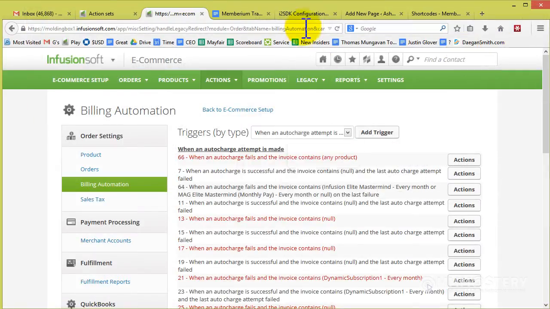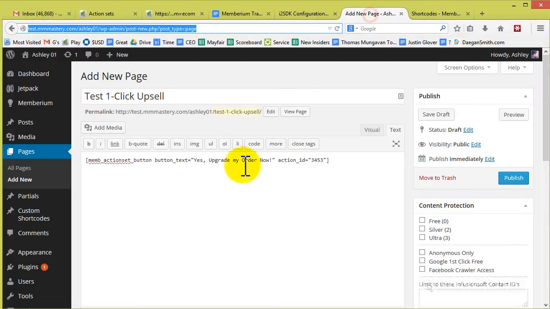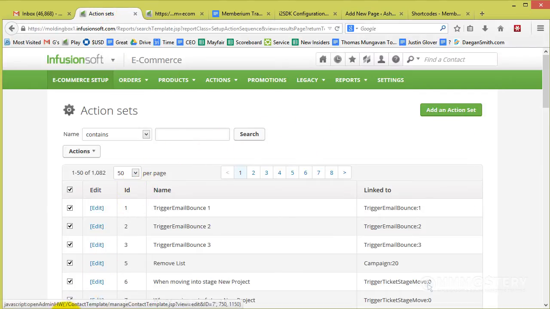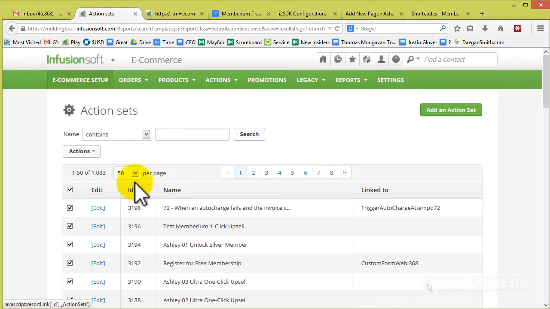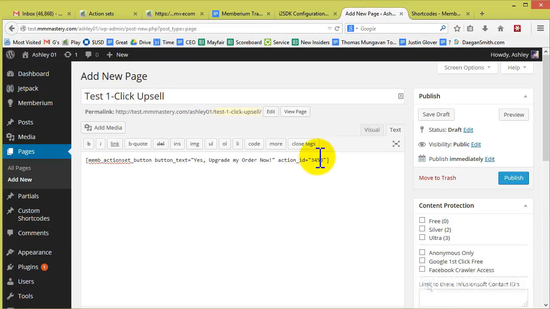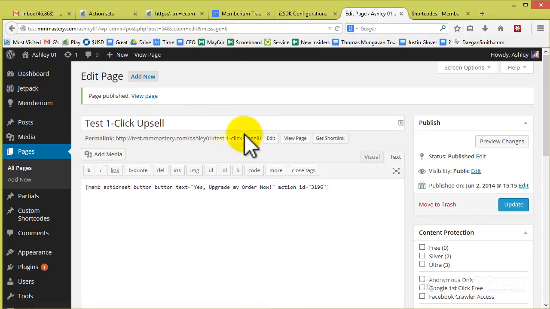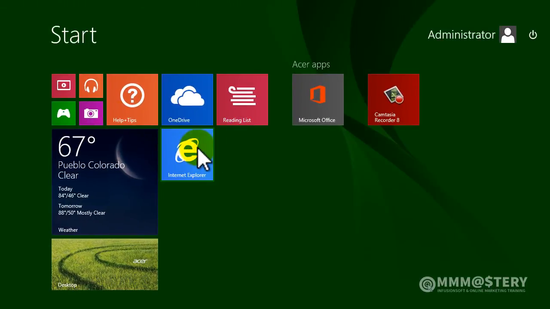The main thing is really that you've got this shortcode running on this page, and here in the action sets, once I've saved my action set, I can click on the ID column header and it'll bring these up. So I had action set 3196 is the one that I wanted. So I'd plug it in right here, 3196. And the whole idea, once I've published this, is that now if someone goes and tests it in another browser, you always want to test in a different browser,